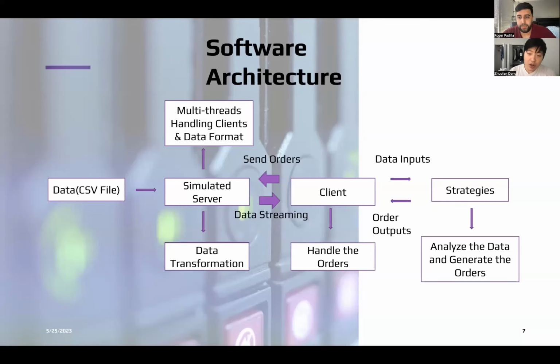Thanks, Roger. So I will introduce the diagrams of our client and server communication. First of all, because we don't have a real-time data feed, we simulate a server to send out the data stream to the clients. And for this server, as Roger introduced, we have to handle the clients, and because we import data from a CSV file,